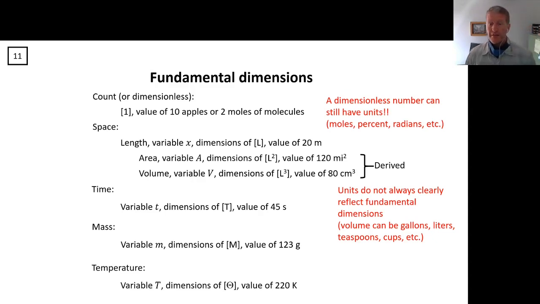And finally, the last one that we might use more frequently is temperature. Again, here's the variable: capital T is typically used as a variable for temperature, even though capital T, unitalicized in square brackets, is the dimension for time. The dimension of temperature is typically specified with a capital theta, the Greek letter theta, in square brackets. Temperature has lots of different units. You could have Kelvin, you could have degrees.